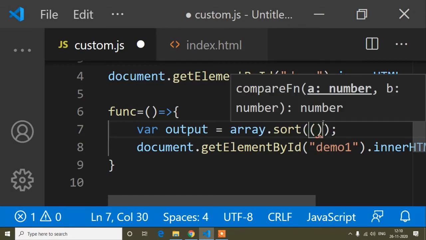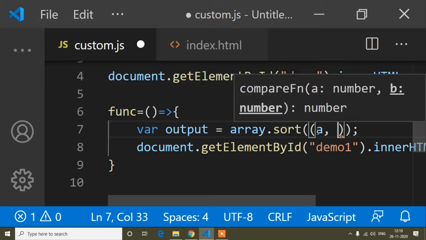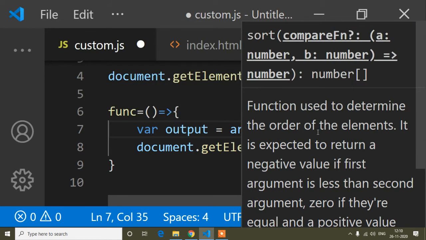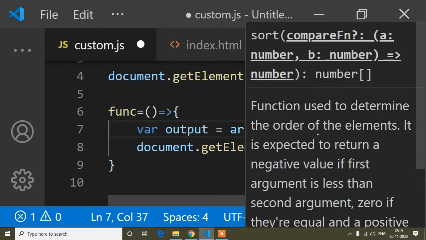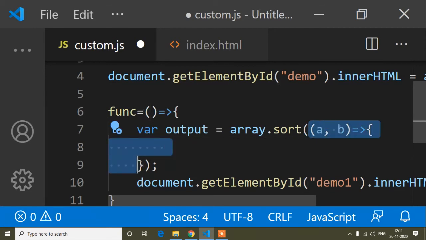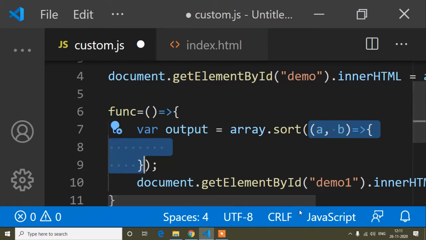So the compare function is in parenthesis. Inside this parenthesis I will take another parenthesis, and here I will take two parameters, a and b, and an arrow function. It takes a callback function. So a, b, and I use a fat arrow function. Here you can see the fat arrow function, and that's called the compare function.